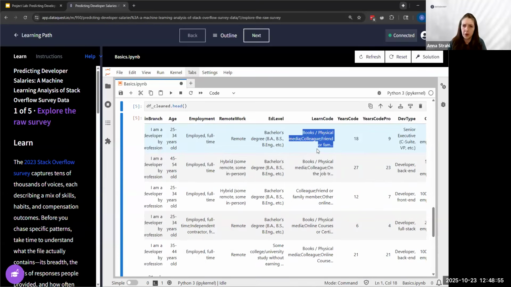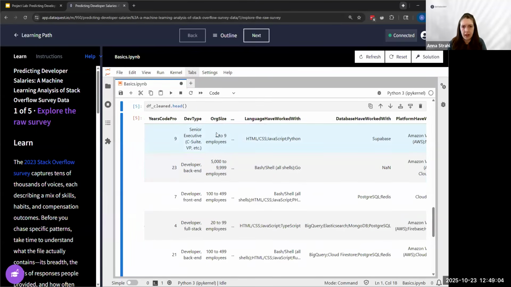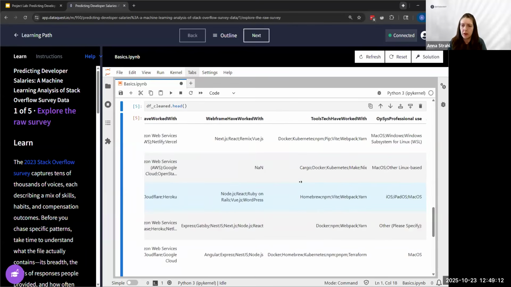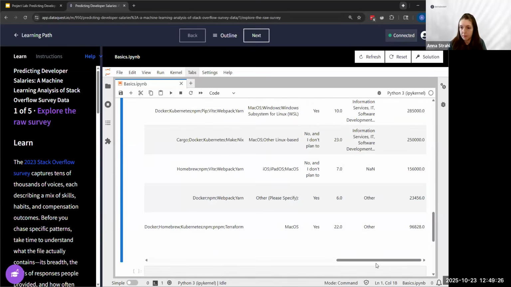How to learn to code, with some semicolon separated lists here. Dev type: we have senior executive, C-suite, works for a small company, it looks like. Languages people have worked with. The main thing I'm seeing from this .head method is that we do in fact have so many string and object type values that we need to take care of.